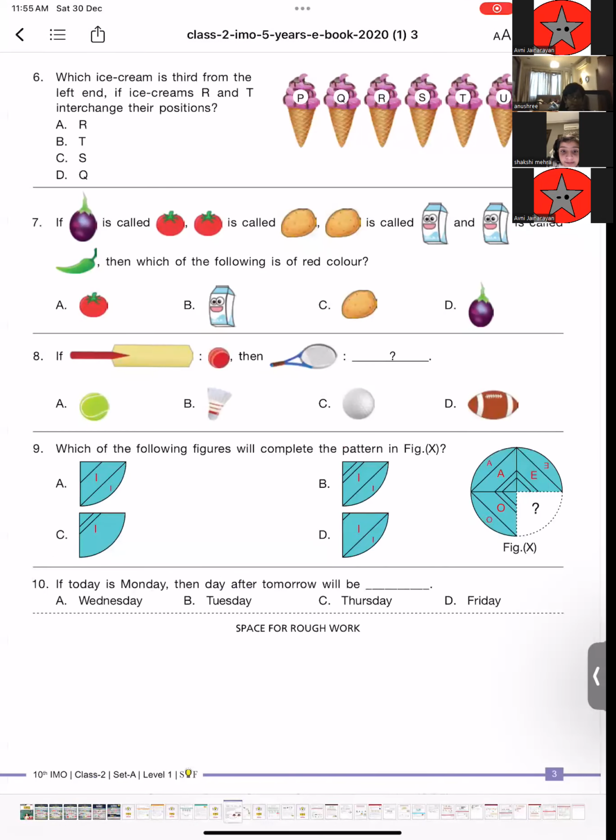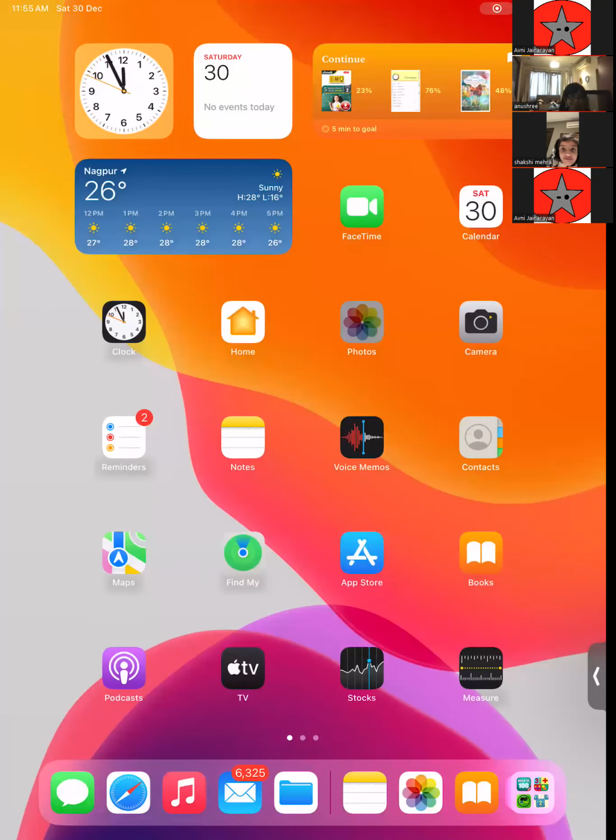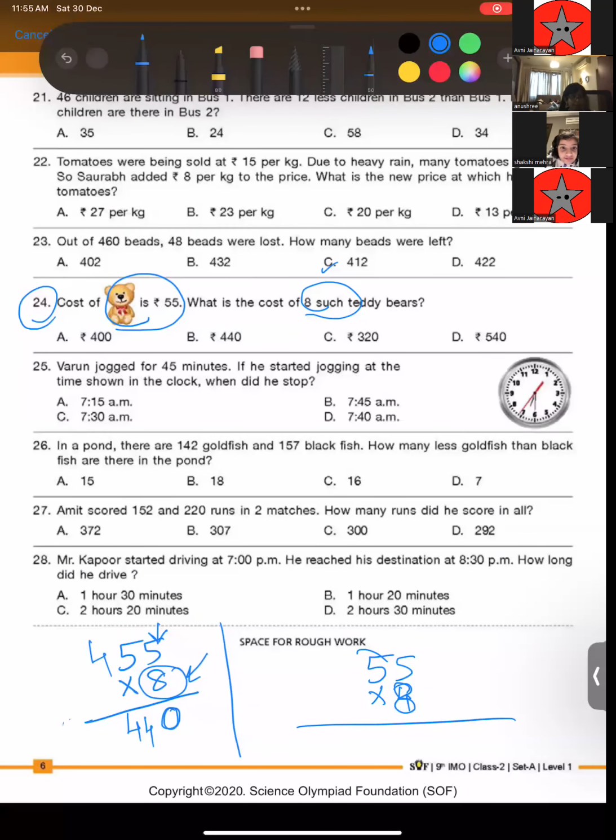Have I lost the question paper? Yeah, correct. Question number 25. This is a time interval question, and I've explained this very well in my class. So I have high expectation from Hazel that she's going to answer this one correctly. Everyone, I'm expecting a correct answer from each one of you.